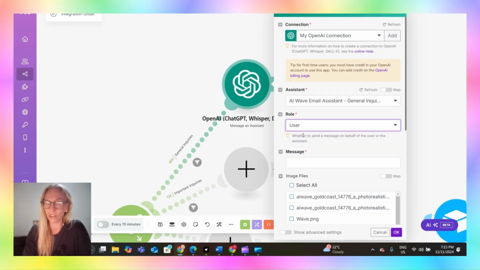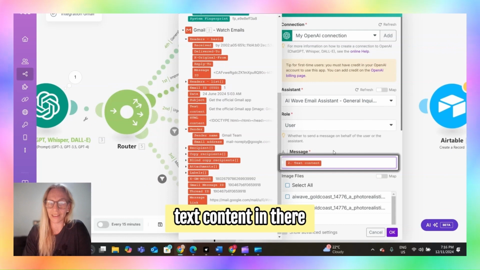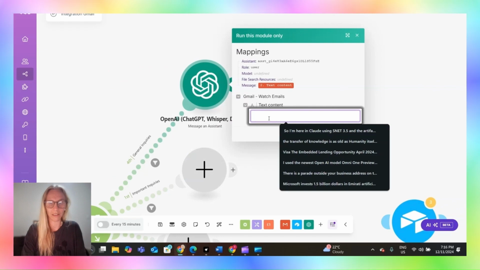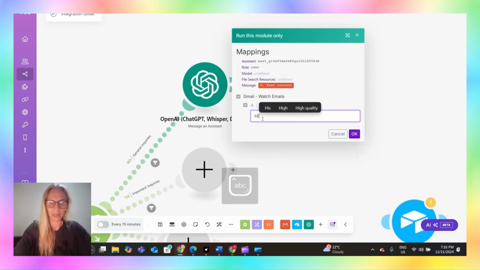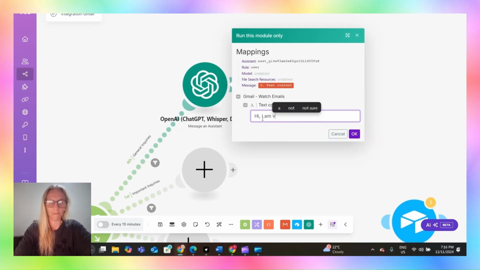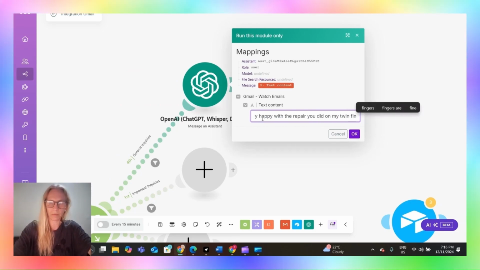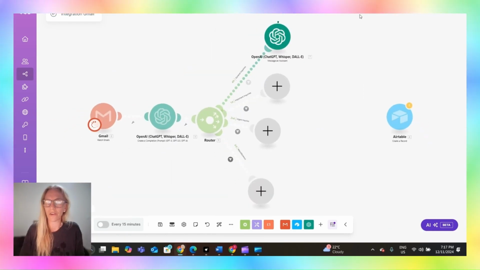We can just go straight to user and select message and then place text content in there. Brilliant. Select OK. And now let's run this module. Text content. That's going to be the email. Let's do an example email. I am very happy with the repair you did on my twin fin. Thanks a bunch. Okay, so that's being sent to OpenAI, who is now creating a message based on the prompts